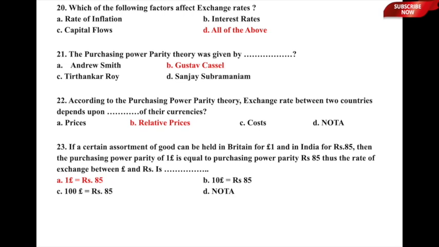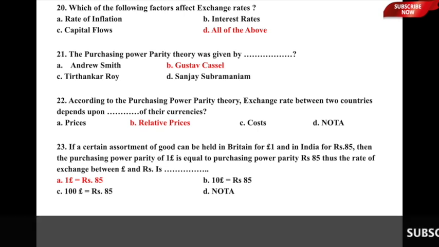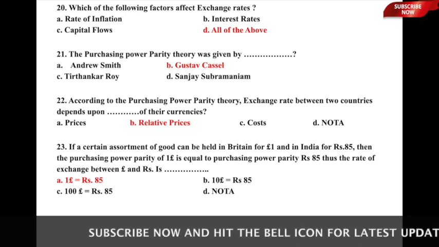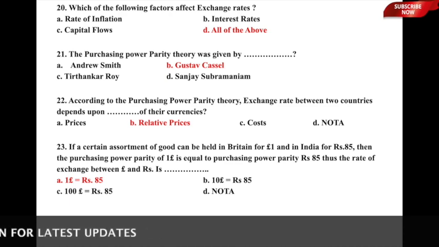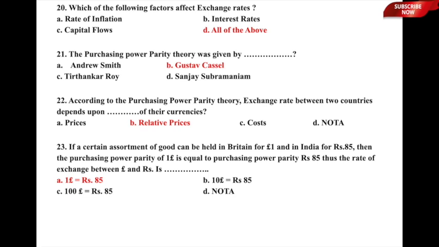If a certain assortment of goods can be bought in Britain for £1 and in India for ₹85, then the purchasing power parity of £1 is equal to the purchasing power parity of ₹85. Thus, the rate of exchange between pound and rupees is dash. Let us assume that an assortment of goods can be bought in Britain for £1 and in India for 85 rupees, and the purchasing power of £1 is equal to the purchasing power of ₹85, and therefore the rate of exchange between the two currencies, that is pound sterling and rupees, is going to be